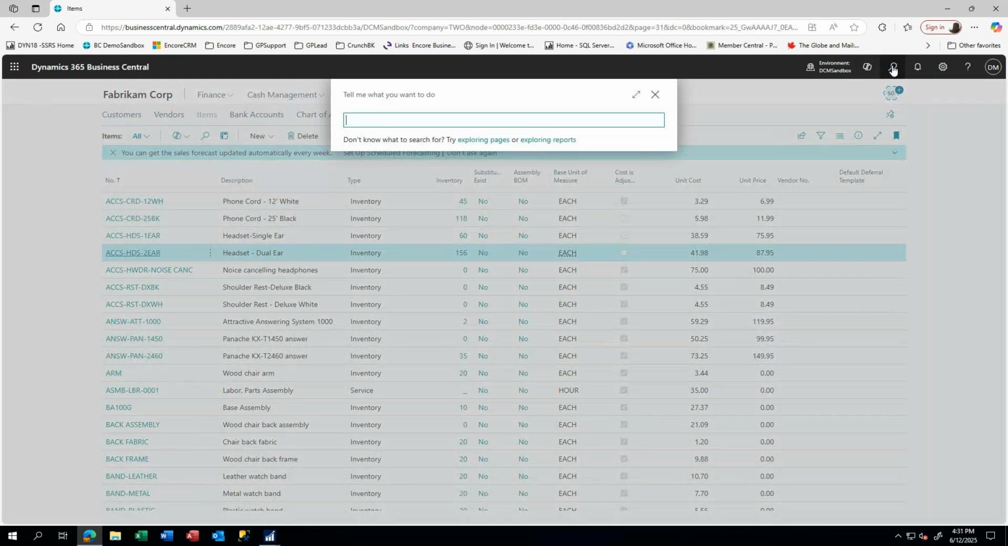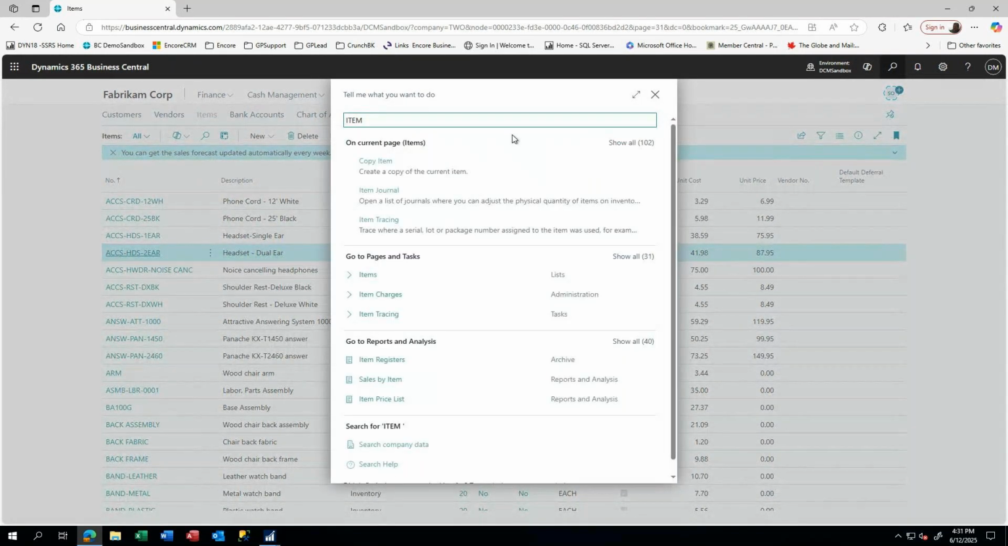The other thing that we can do is an item transfer. And inside GP, item and transfer,